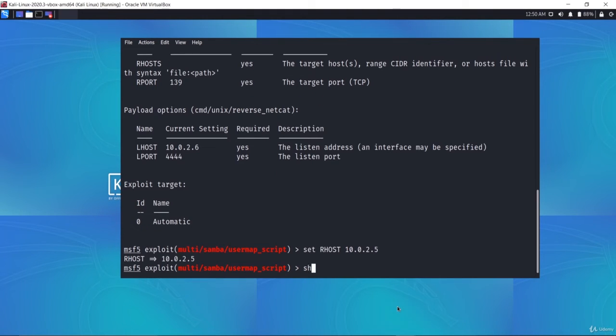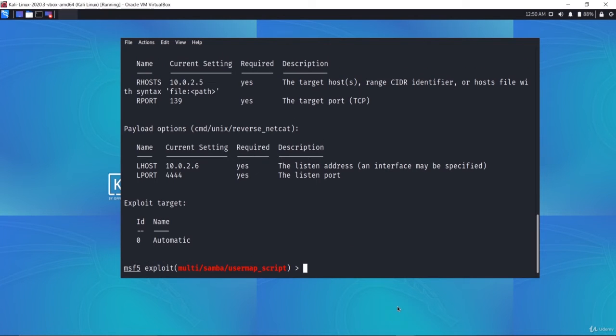Now again show options, hit enter. As you can see, the RHOST has been set. Now the port is correct. Now LHOST, this is the IP address of our machine. So what I'm going to do here is see